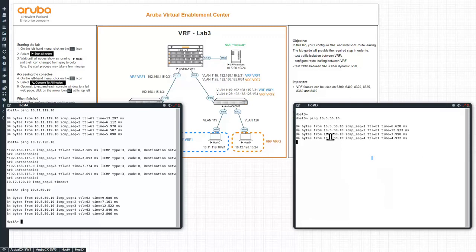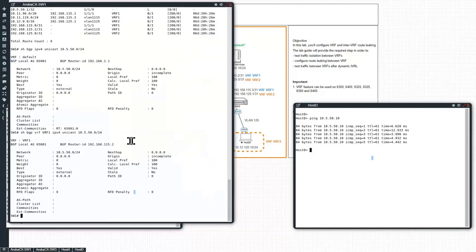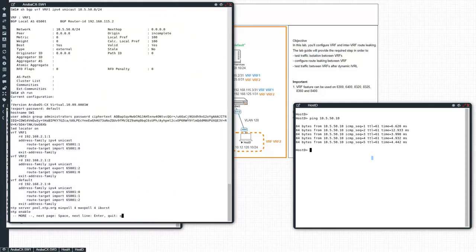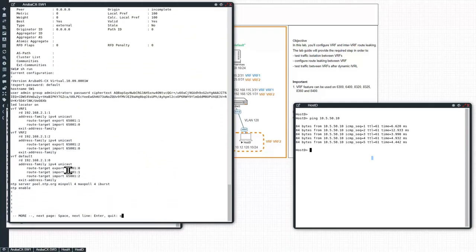Now let's consider that I've made a mistake in terms of the route target value, for instance, on switch 1. If I go back to the VRF, I've got the route export.